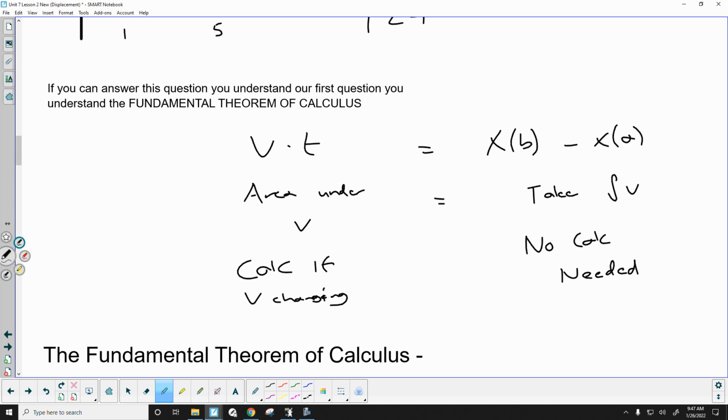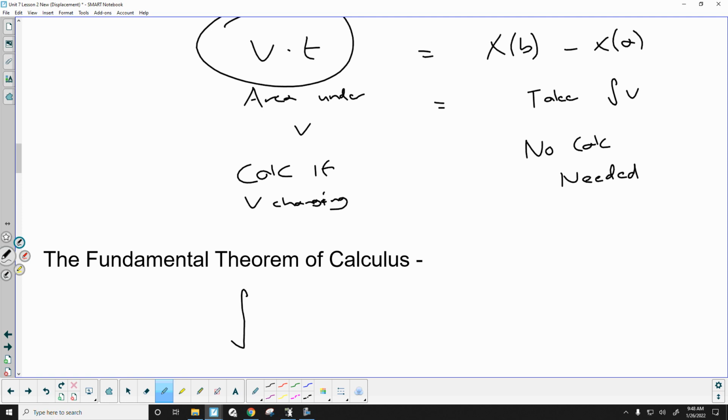Okay? And here's what they decided notation was going to be for this accumulation. They said, well, if we could do it by hand, because they didn't have calculators back in the 1600s, if we could do it by hand by taking an antiderivative, let's use this integral. If one way to calculate an area is to take an antiderivative, let's say this left side